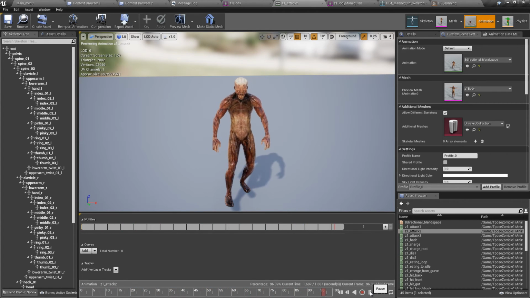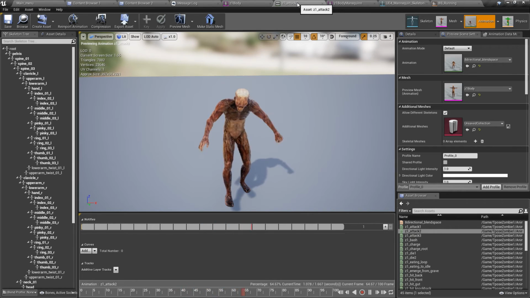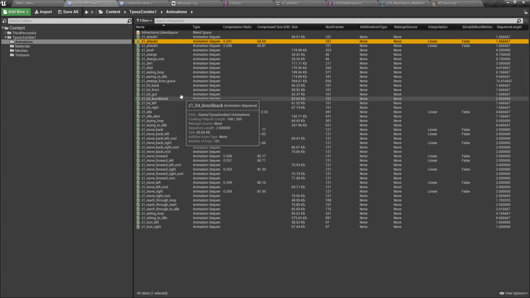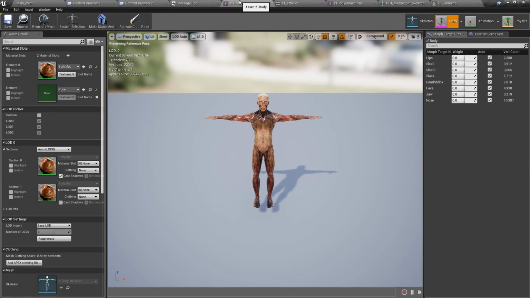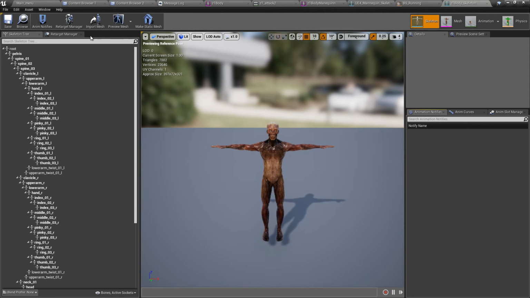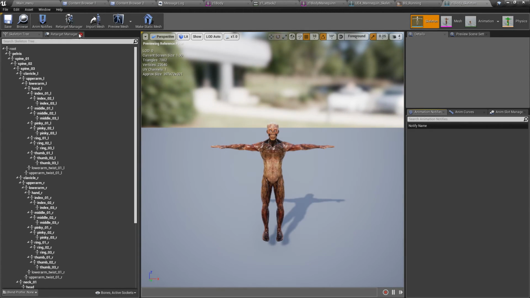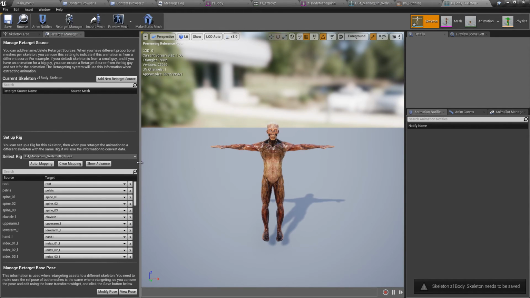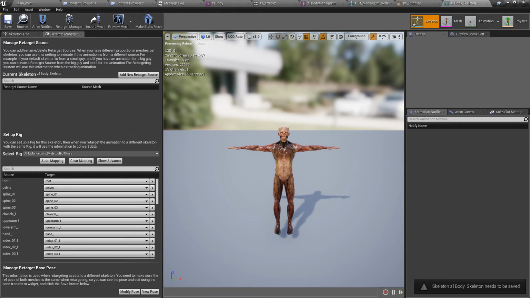So what we need to do is retarget this animation along with, I guess, some walking animation. To do this, you need to go to the first skeleton mesh and skeleton, sorry, and there should be something like retarget manager. Yeah, and there's a select rig, and there should be the one rig with typos. Okay, and let's save it. And this is the default